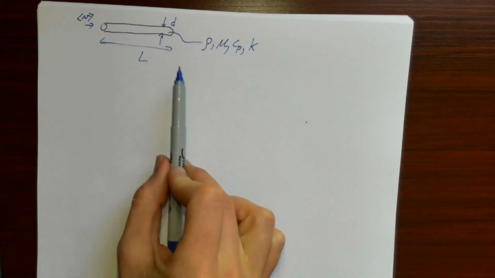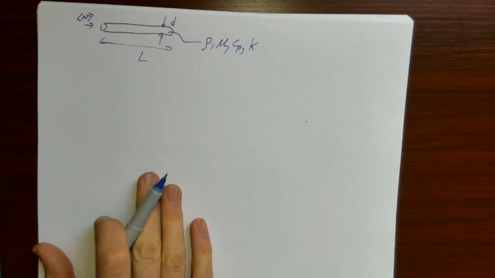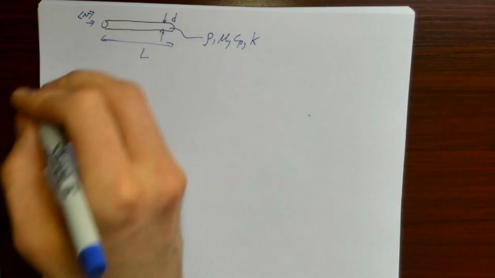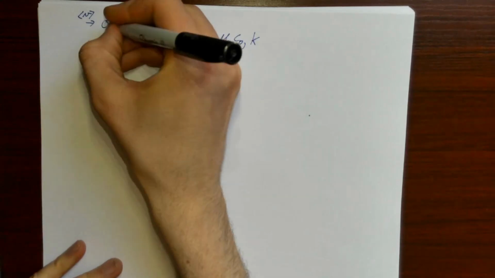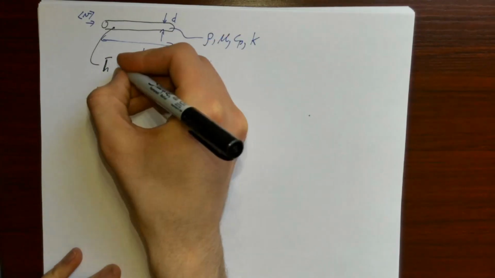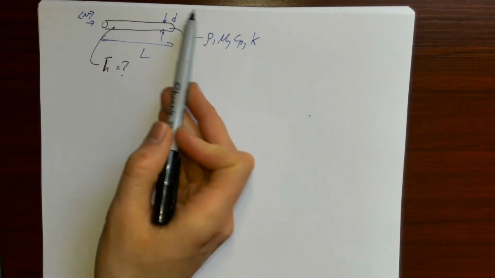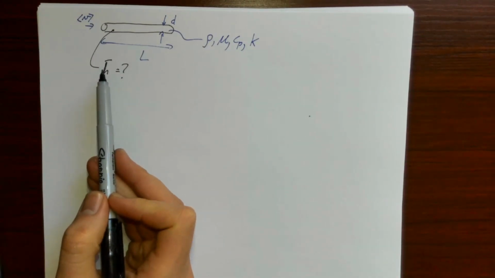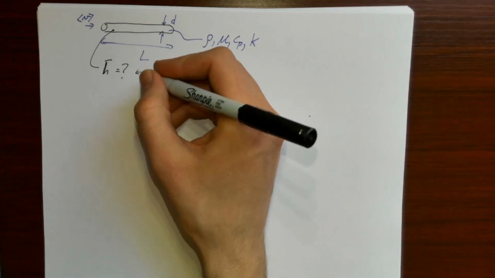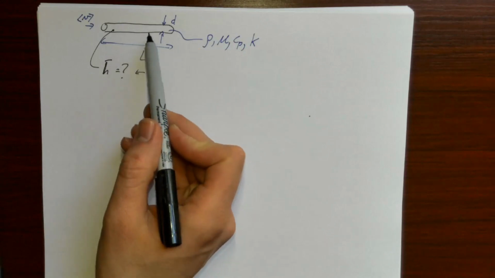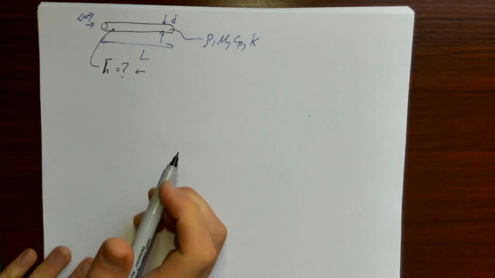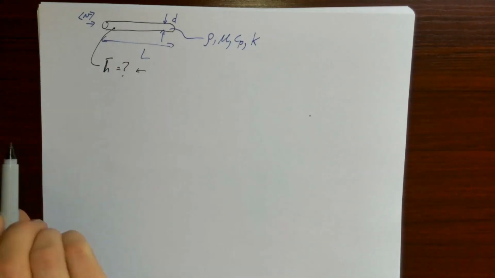We might know all of these things about the fluid, right? These are things that would be pretty straightforward to measure or look up, but we might not know h bar, or H, right? It would be pretty easy to find these things. This thing is something that's scenario specific, so this is hard to predict beforehand. We can't go on the internet and just look up what some particular H for some particular tube, for some particular fluid, for some particular velocity is going to be. That information isn't readily available to us, but all of these things are pretty easy to find.